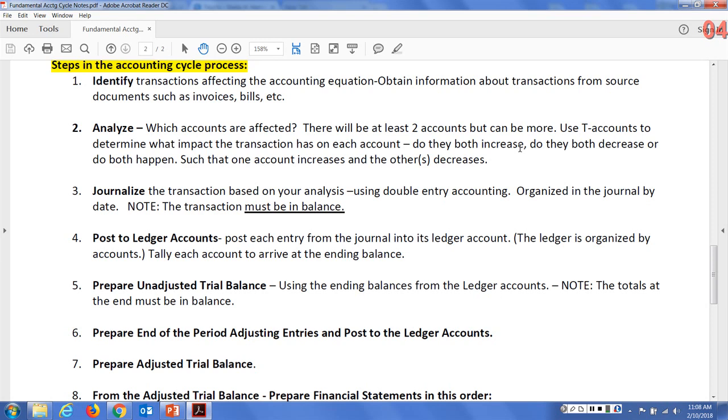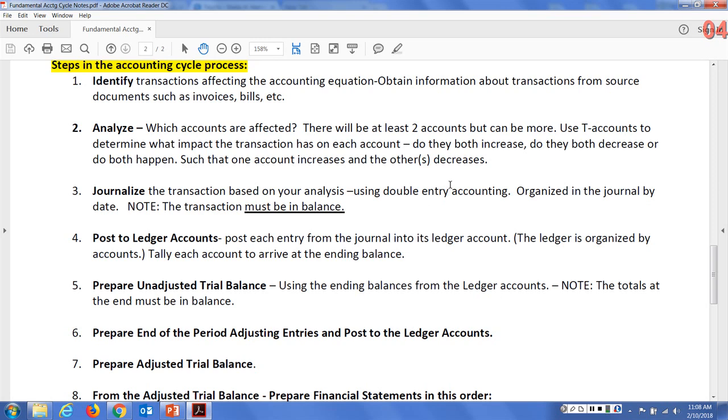So don't get hung up thinking something always increases and the other side is something decreases, because it's not true. Any number of things could happen. Both accounts could be decreasing, both could be increasing, or you could have it be one and then the one increases while the other decreases. But you figure out which accounts are affected, what happened to them, do they increase or do they decrease, and then go back to your debit credit rules to help you figure out whether you need to debit the account